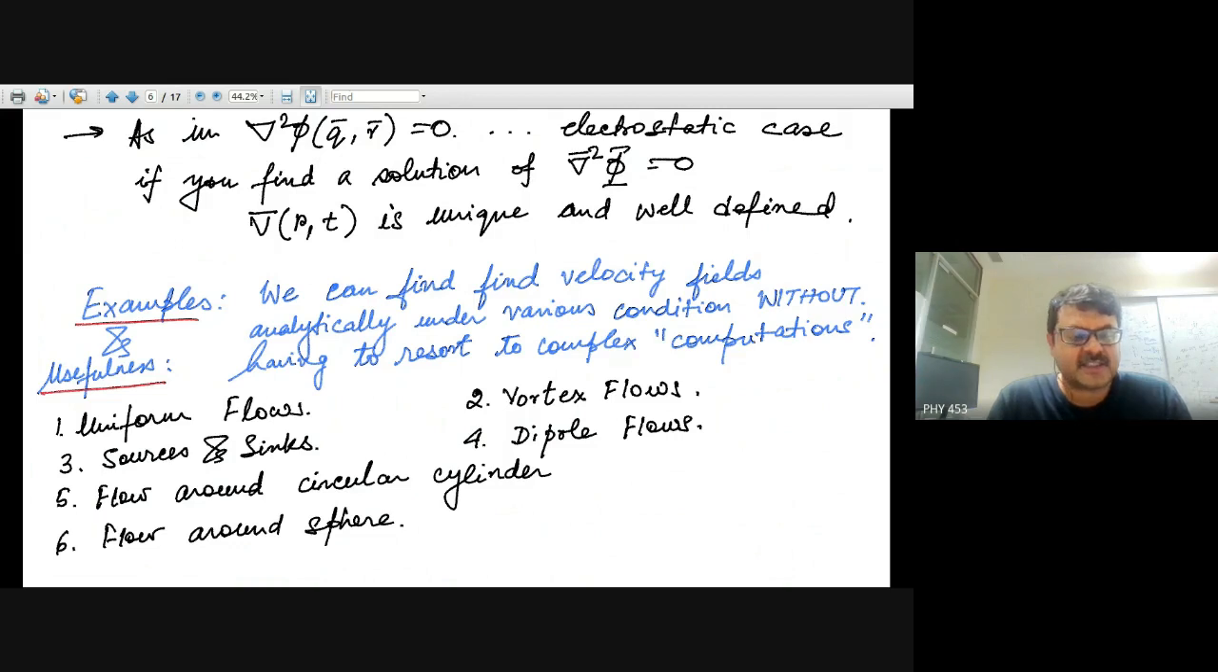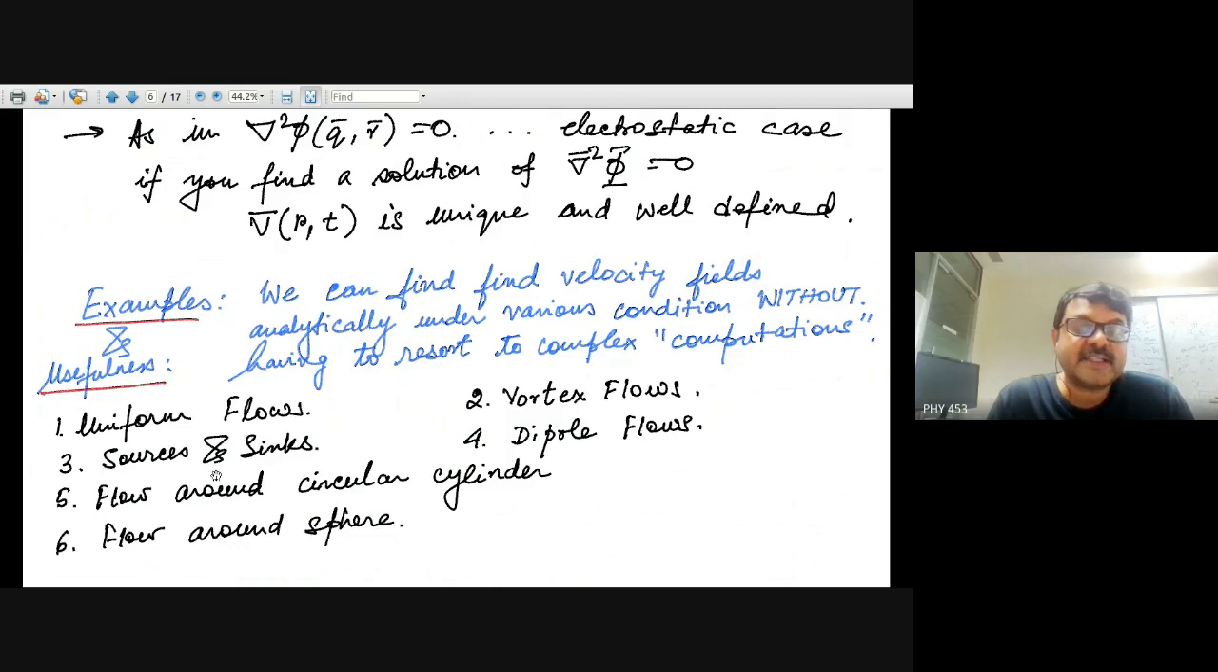And we'll take some simple cases like uniform flow, vortex flow, sources and sinks. A source is a point where fluid is emanating, being introduced into the XYZ coordinate. A sink is a point where fluid is flowing out, being taken out, like in a drain's tiny hole. So these are very simple cases where you can calculate the velocity field and thereby